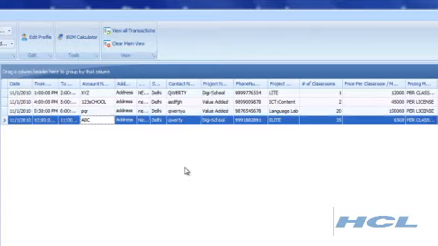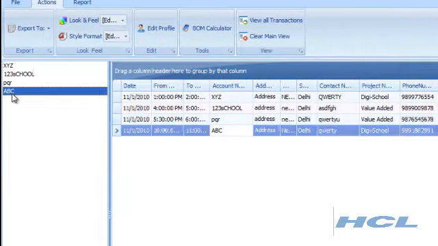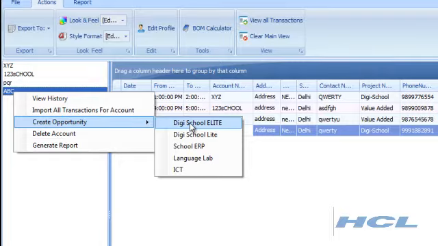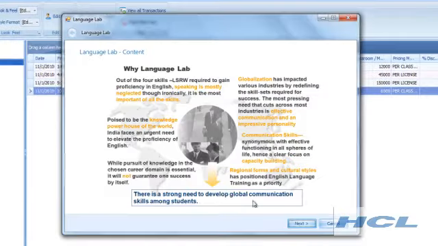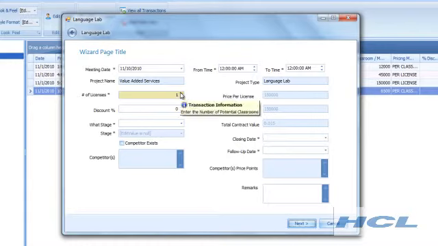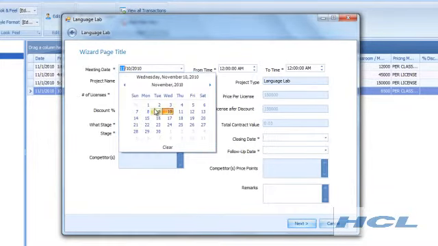Now you have visited school ABC and they are interested in language lab. Go to that particular school, right click and then click on create opportunity, language lab. Click on next. Note that the data has been populated already. Click on next. Now fill in the necessary details, the meeting date,